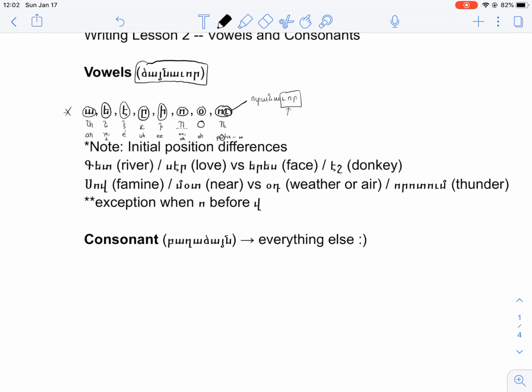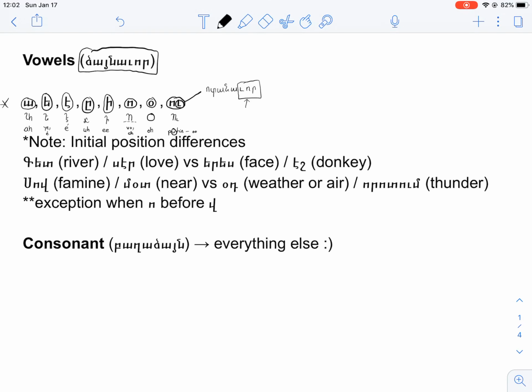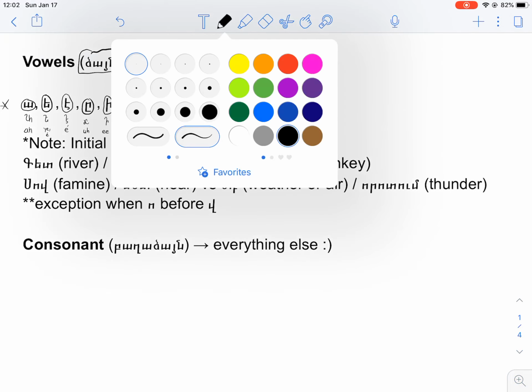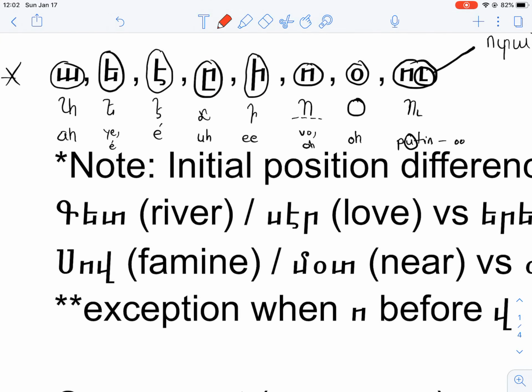Now, let's see. Now we have to go over, for example, guys, I mentioned that for yetch, we have some options, 2 options of how it's pronounced. For vo, we have 2 options. How do we know? Well, I'll tell you. Okay, let's look at these examples. For example, the word for river is ked.